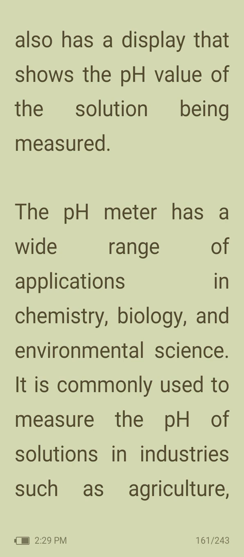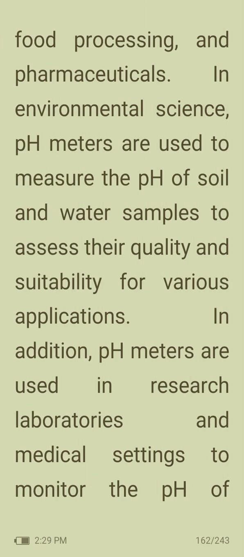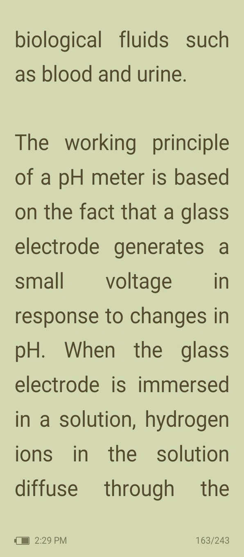The pH meter has a wide range of applications in chemistry, biology, and environmental science. It is commonly used to measure the pH of solutions in industries such as agriculture, food processing, and pharmaceuticals. In environmental science, pH meters are used to measure the pH of soil and water samples to assess their quality and suitability for various applications. In addition, pH meters are used in research laboratories and medical settings to monitor the pH of biological fluids such